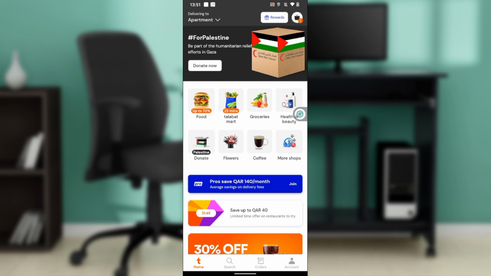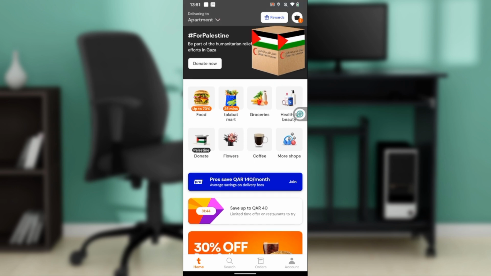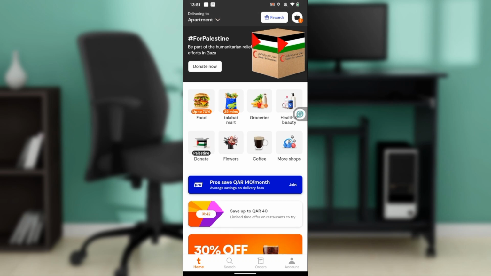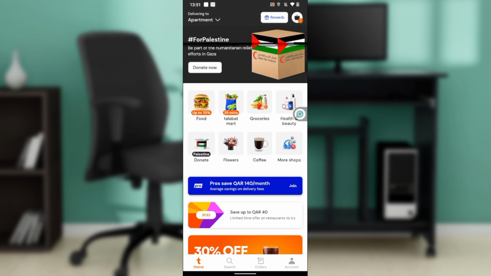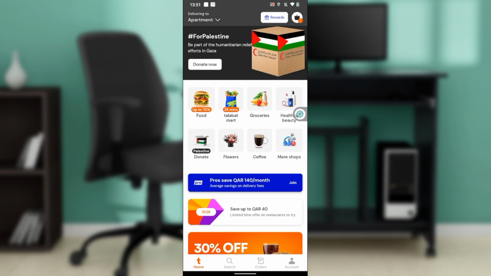We're going to be asked to either log in using an existing account or to create an entirely new account. Whichever one you choose, once you sign in successfully, it's going to take you right into this fantastic homepage where you can now explore a lot of features to have an exciting time in Talabat. So now that we're here, let's quickly hop into today's task, and that is how to request a refund on